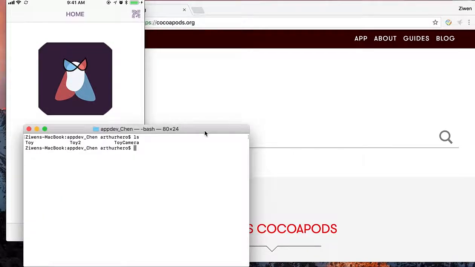So Cocoapods is an external library manager for Xcode projects. It works for basically everything written in Objective-C and Swift. Although the manager itself is written in Ruby, it's okay. You don't have to know anything about Ruby to use it. And this is a very